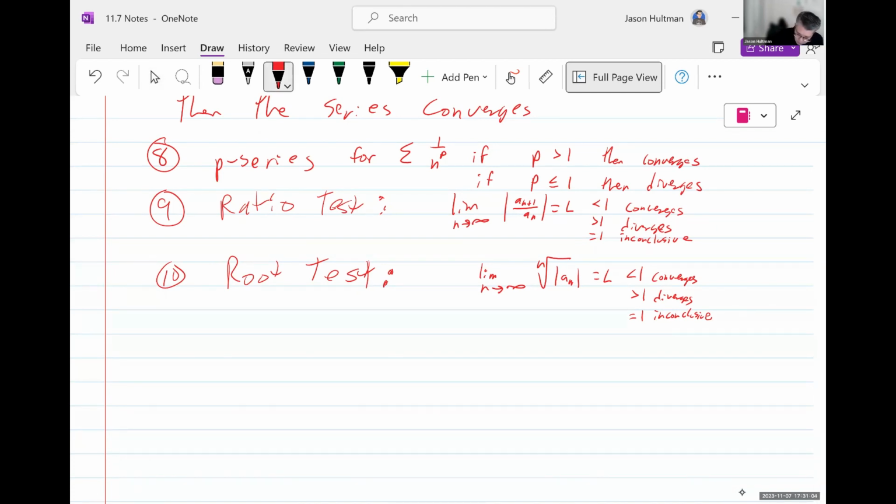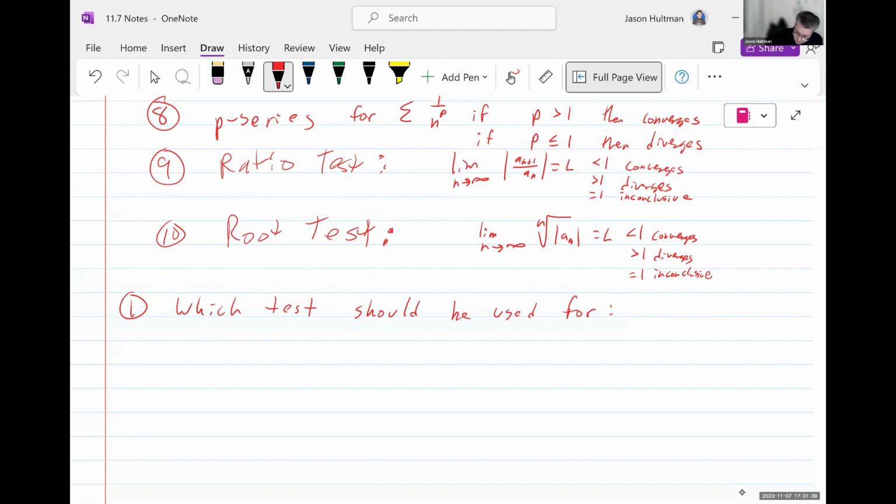Okay, so let's look at and answer the question. We're not going to necessarily find whether these converge or diverge and go through all the work, but I do want to set up and say which test I would use for each of these series. Which test should be used for